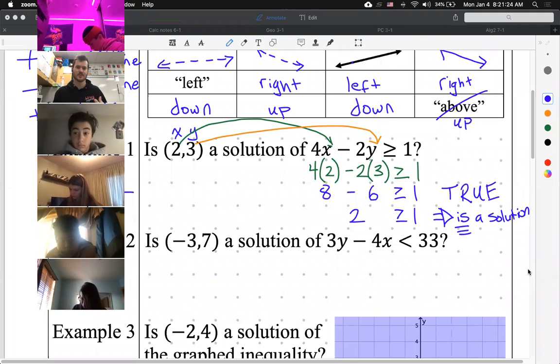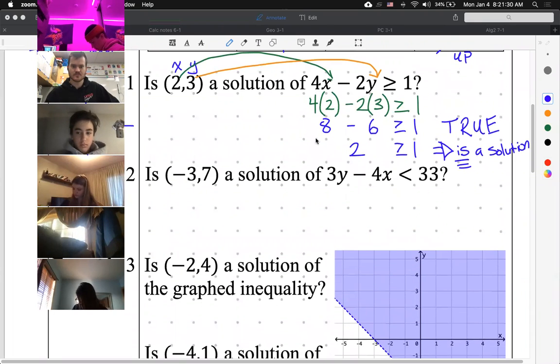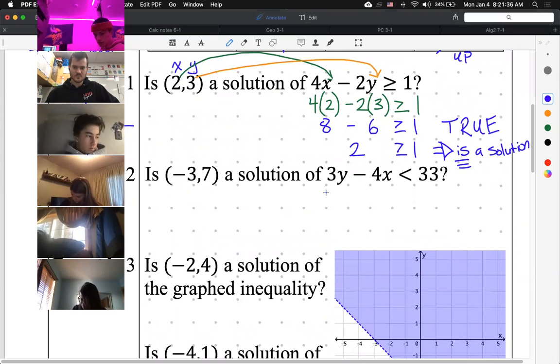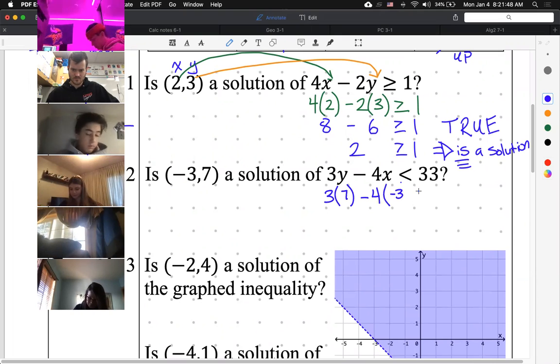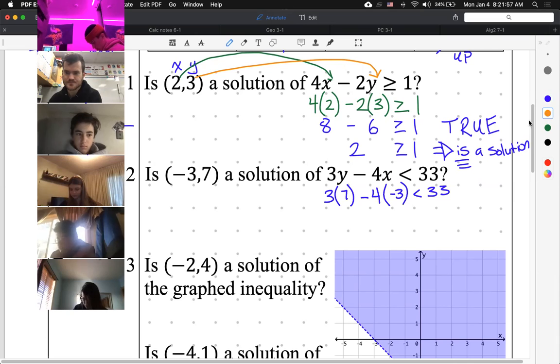All right, so can someone walk me through this problem, please? Yes, Zeke. So you would have to plug in your -3 and 7. So you would have 3 parentheses 7 and parentheses minus negative 4 parentheses and -3 is less than 33. And then after that you would have 21 minus 12 because -4 times -3 would make it positive. 21 minus 12, which is less than 33,